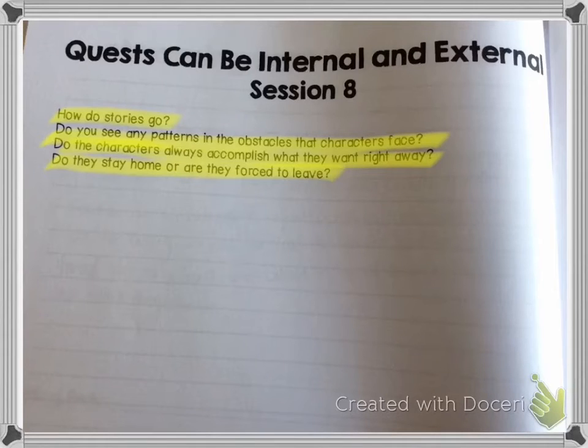But other times the quest may ask the hero to destroy a villain or a dangerous object, like in Harry Potter. His ultimate goal throughout the whole seven books is to destroy Voldemort. Or they may have gotten into another world and their quest is just to get out of there, like Alice in Alice in Wonderland. She was trying to get back home. Or in the Narnia books, they fall into Narnia and then are trying to get back home.